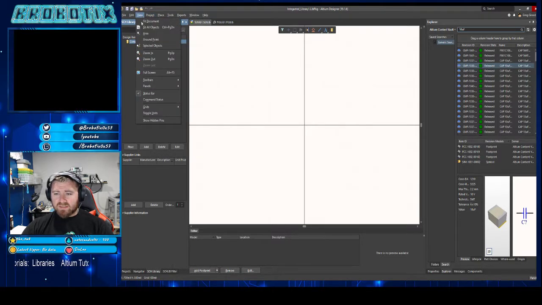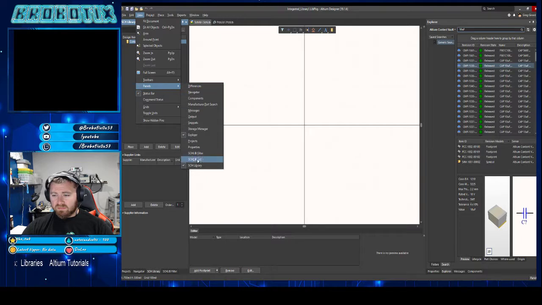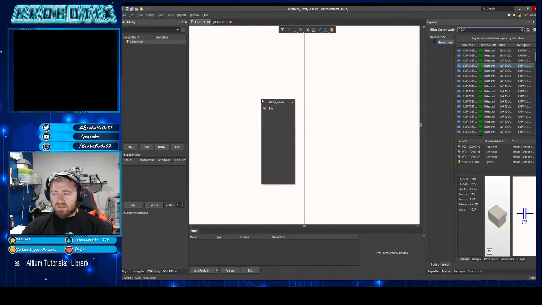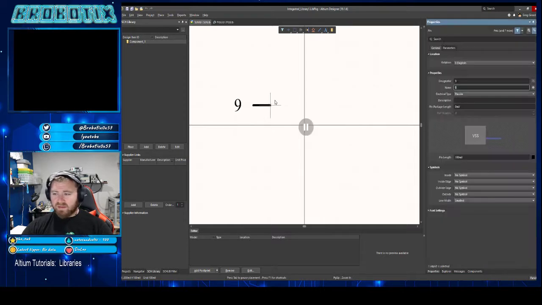I believe it's kind of the same setup as, yeah. So schematic stuff's here. It's in the same panels as schematics. So if I hit P and then hit P again, I can place pins. And when you're placing pins, the one important thing is you want to set the grid correctly so everything lines